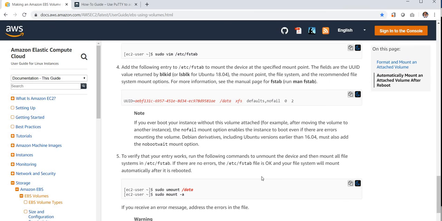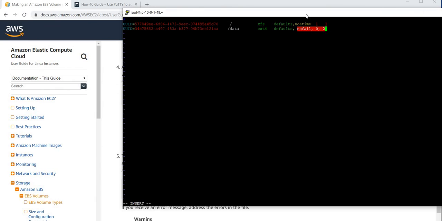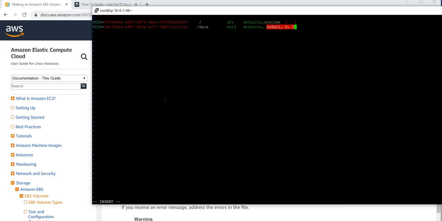Same command. Let me cross check defaults. And this is how we insert it, and to see this on a Vim file, you press